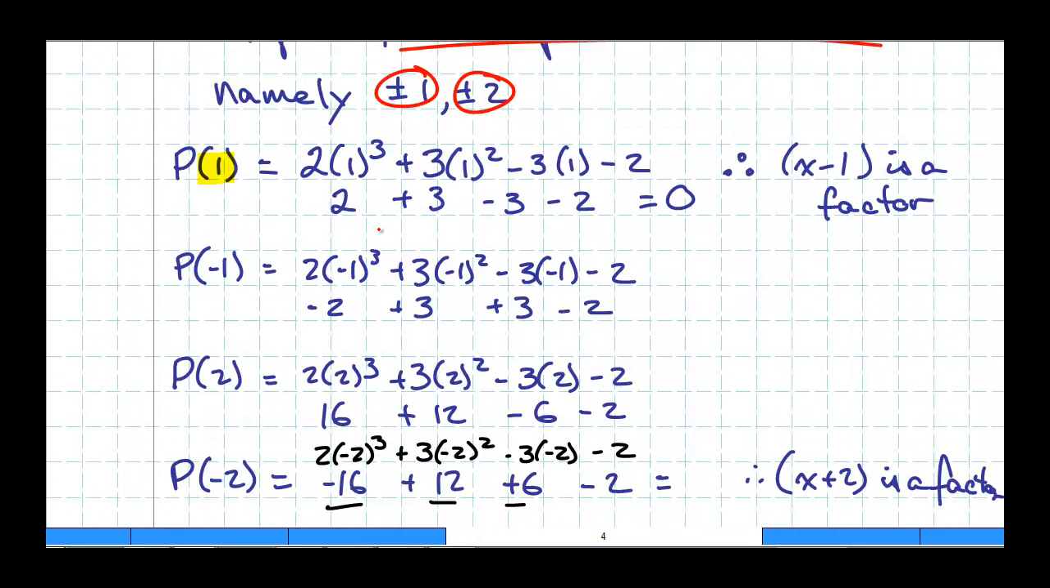So I test P of 1, 2 times 1 cubed plus 3 times 1 squared minus 3 times 1 minus 2, and lo and behold, it equals 0. That means x minus 1 is a factor. We went through and tested some other numbers and found out that x plus 2 is a factor as well,